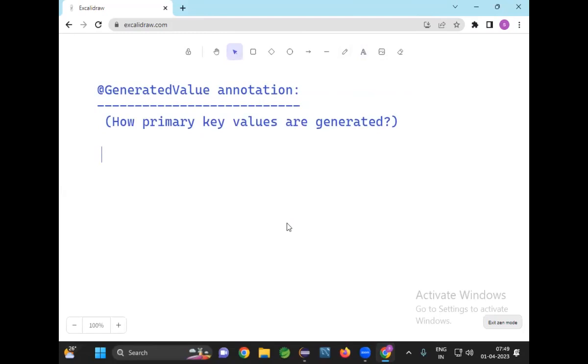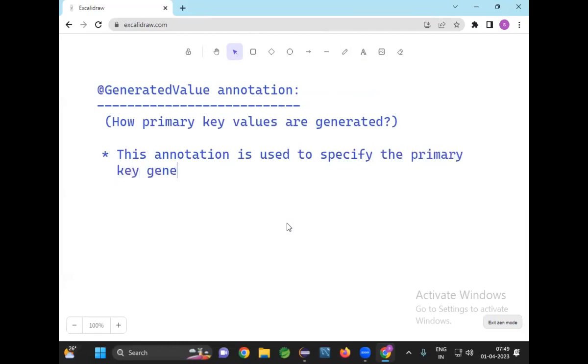I repeat my statement once again. The @GeneratedValue annotation is used to specify the primary key generation strategy. And this annotation can be used